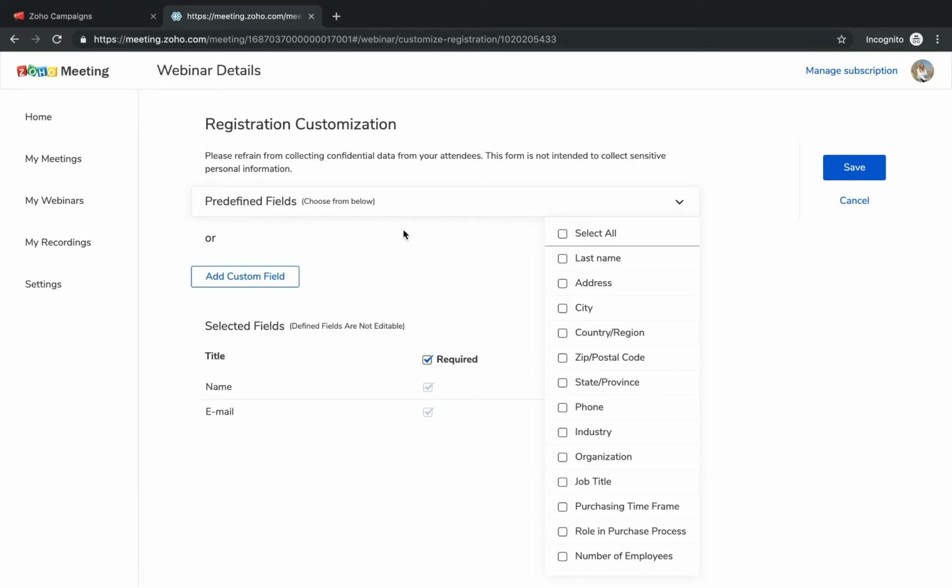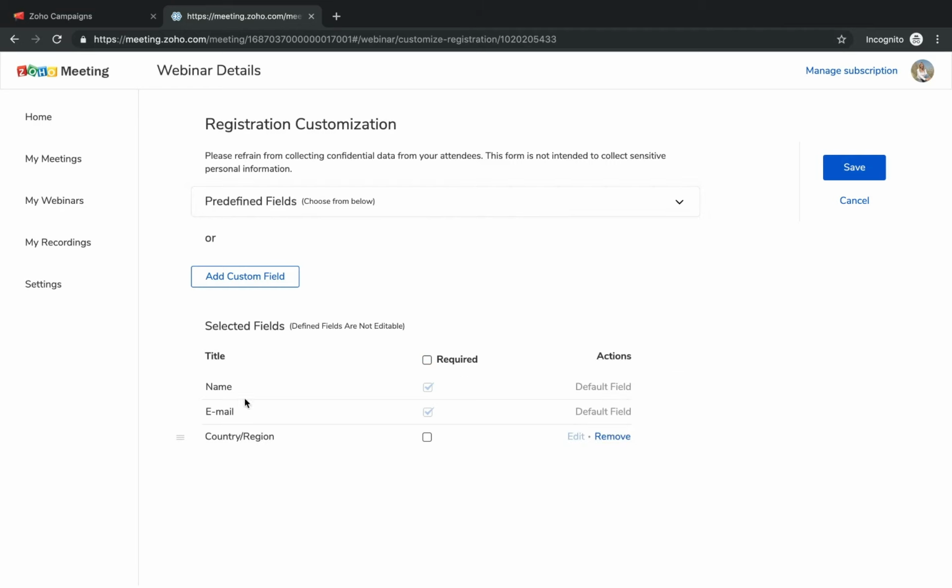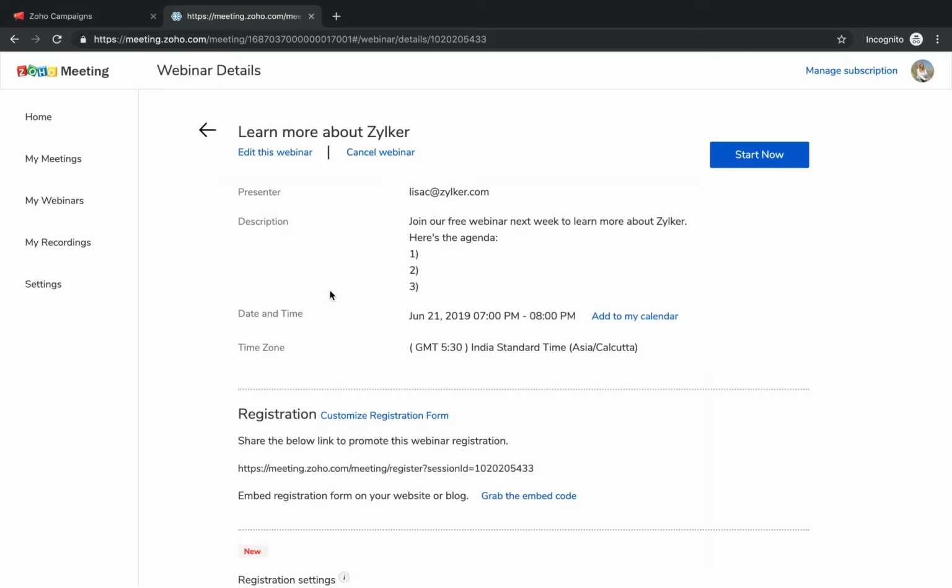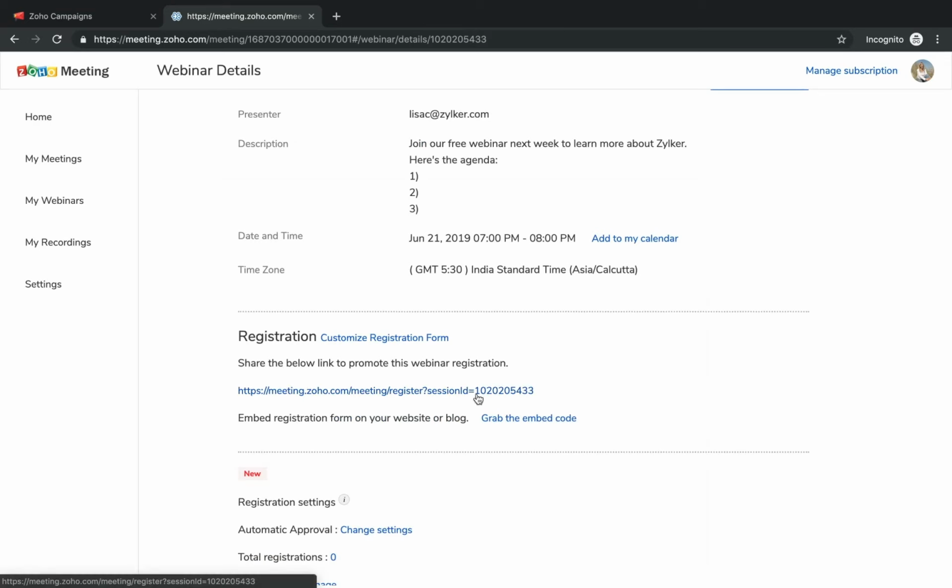Since I'm doing my webinar to help my audience understand Silker, I would prefer my audience to submit their country or region so that I can plan my email promotions accordingly. So I would make country and region a mandatory field while they are filling in the registration form. I have to click on the Save button. Now it's saved, and when they register, I can receive their country or region.